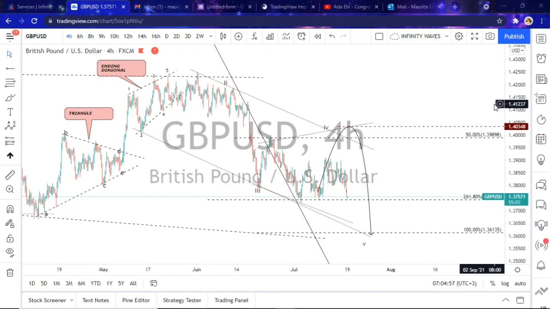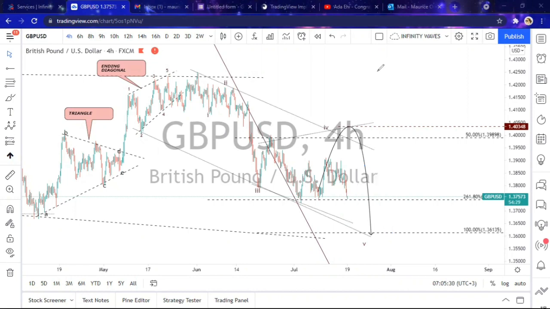So first of all will be pound USD. Pound USD, we are still expecting a correction to happen around. It can either come this side down, then continue up, then the final drop. So we want to see how price acts around this region before we make our next move. So it can come down and go up for the next drop down. So that's for pound